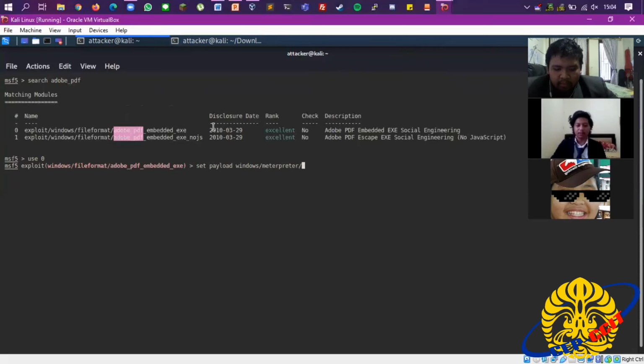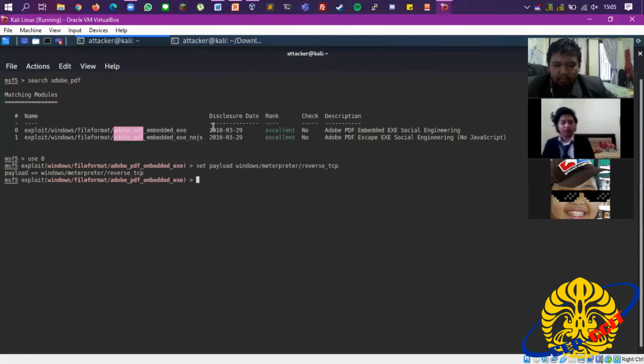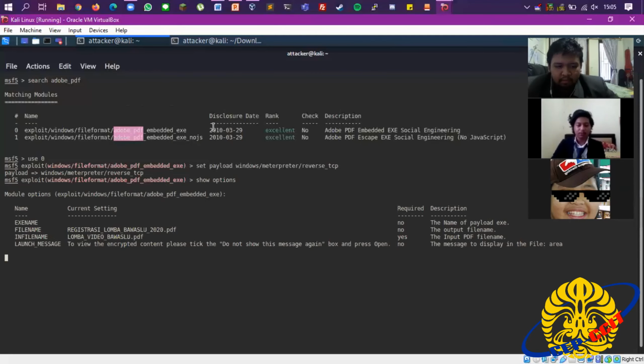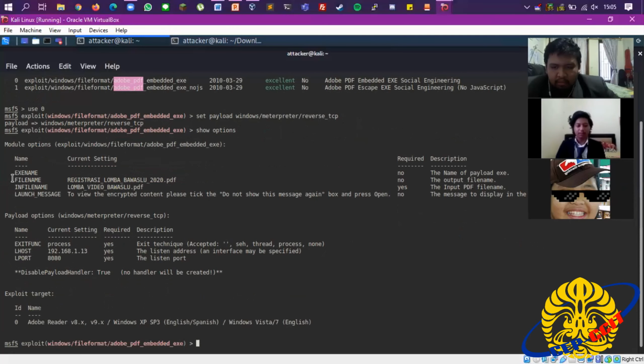After that, we want to set the payload windows/meterpreter/reverse_tcp. Meterpreter is like a CMD in Windows 7, and reverse TCP is used so the target will initiate the connection. And then we want to show the options to see the parameters. These are the parameters that are already changed.